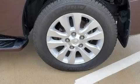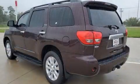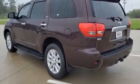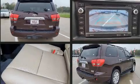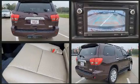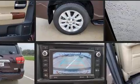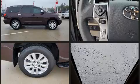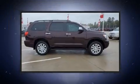Features such as automatic climate control and leather upholstery prove that economical transportation does not need to be sparsely equipped. Enjoy your favorite music via the stereo system, which includes a CD player with MP3 capability and 14 speakers, yielding maximum audio versatility. Toyota also prioritized safety and security by including brake assist, a panic alarm, and 4-wheel disc brakes